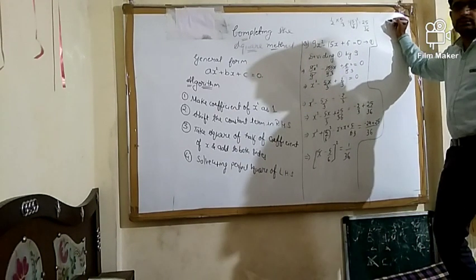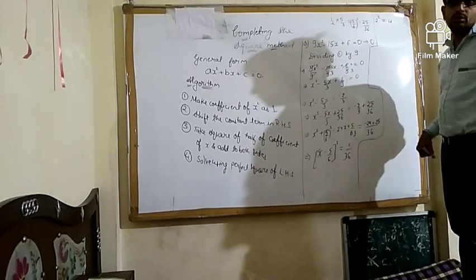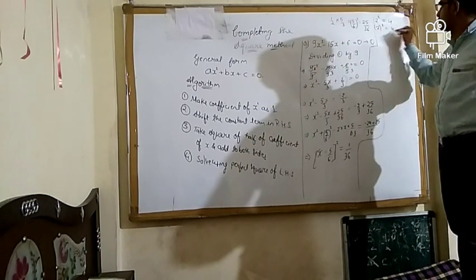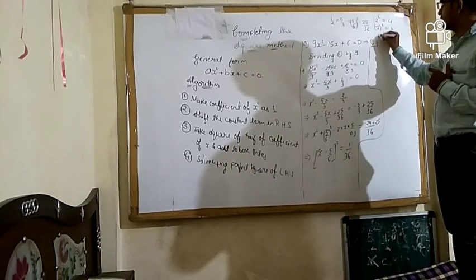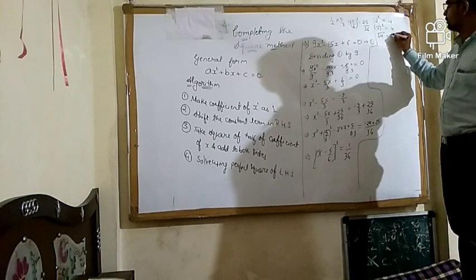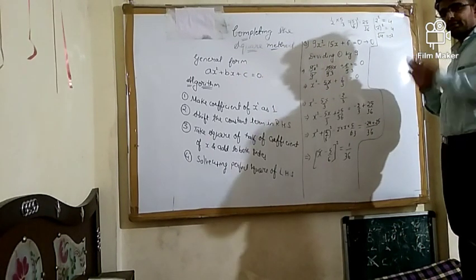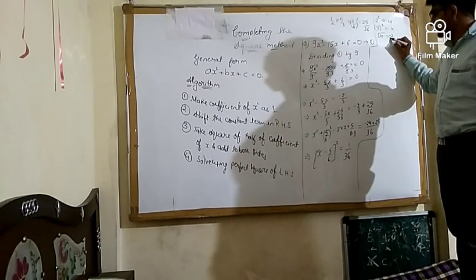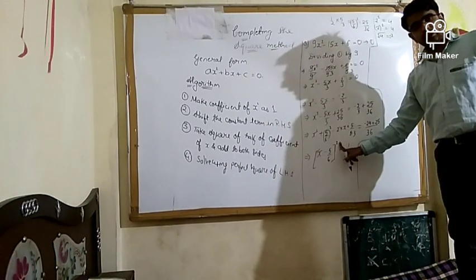See, dear students, we know 2 square is 4 and square of minus 2 is also 4. So whenever I take the root of any perfect square, suppose 4, 4 is the square root of 2 as well as minus 2. So whenever we take a square root, we get both positive and negative. So here it is square.